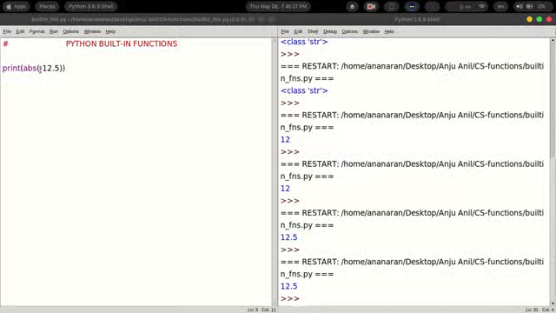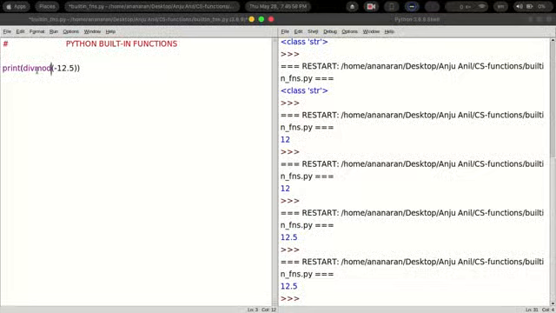Similarly, another function is called DIVMOD. That means division and modulus value. Now what this function returns is, it divides the first value by the second value that you give within brackets, and it will give you the quotient and the remainder as output.